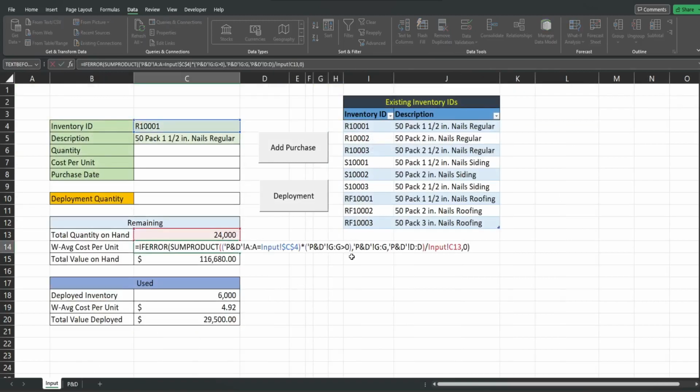So why we need to enclose these each in parentheses and then multiply them by each other is normally these would be true false returns based on these criteria. When you multiply the two by each other, it converts the true falses to ones and zeros, 1 for true, zeros for false. So anytime there's a 1, it multiplies 1 times 1